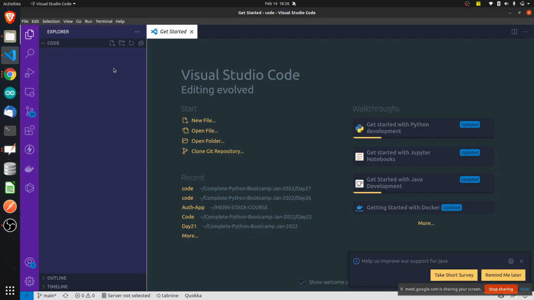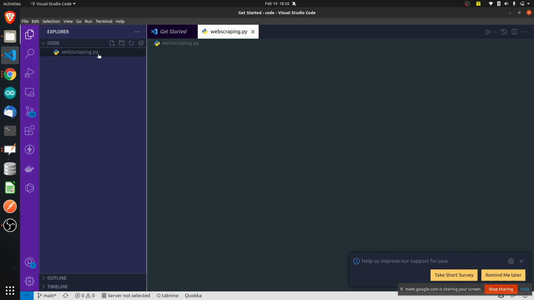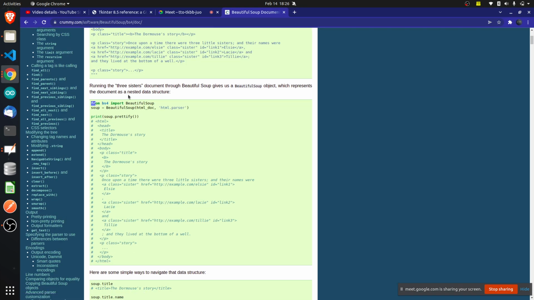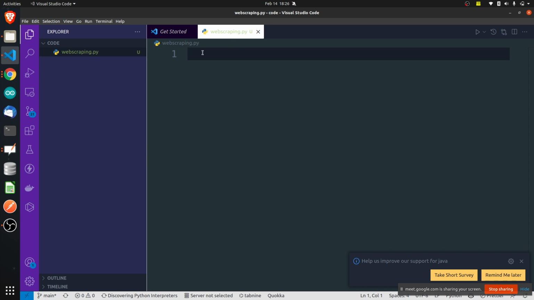Let's try to write the code. Web scraping.py. Boom, we are in. We have to import this library as they tell us: from bs4 import BeautifulSoup.